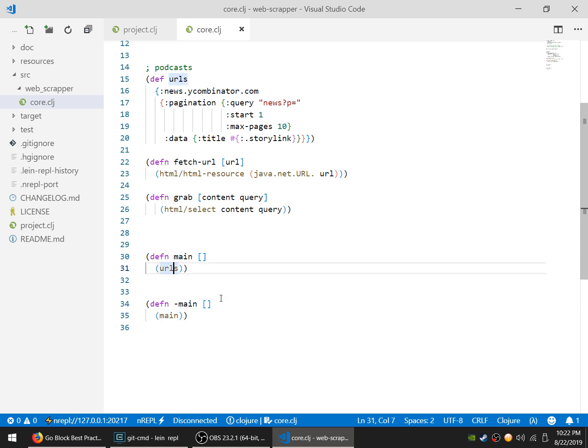Okay, so for map URLs, and what we gonna do? Map URLs, scrap, scan, crawl,